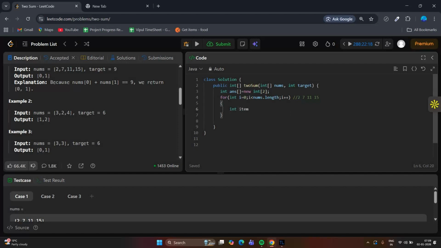So int item1 equals nums[i]. Why? Because i represents the first, like i equals 0, so we have to store the first element. It means here 2 comes. Now we have to apply another loop, an inner loop after that i, because we have to compare 2 to 7, 2 to 11. So the next for loop starts after i. Let's create for int j equals i plus 1,